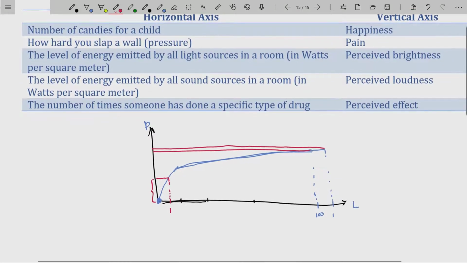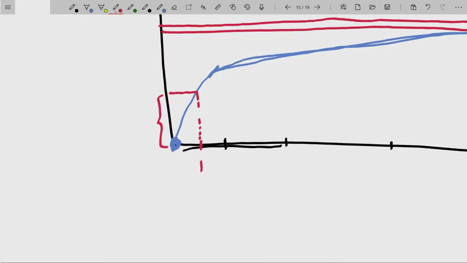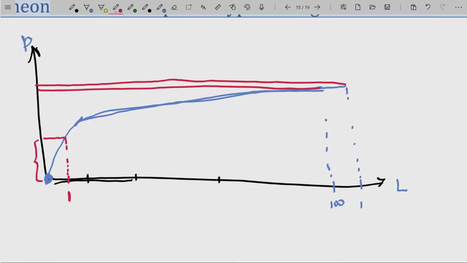So this idea could be applied to many other things like sound, the level of energy emitted by all sound sources in a room. If you're in a sensory deprived room, there's 0 sound, and somebody drops a pin, which is, let's pretend, 1 decibel. It's not, but let's just pretend. Well, you would experience a huge shift in perception. Like you would have no sound, and all of a sudden you'd hear this ping, ping, ping, ping, right? But then you're in a room where there's a lawnmower going outside, it's 100 decibels, whatever it is, right? And then all of a sudden somebody drops a pin. I got to tell you, you probably wouldn't even have that much of a jump in perception. You wouldn't be able to hear it.